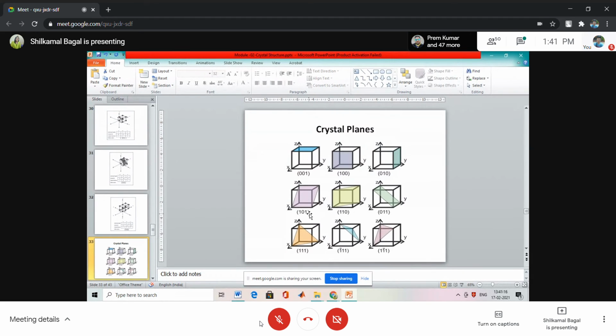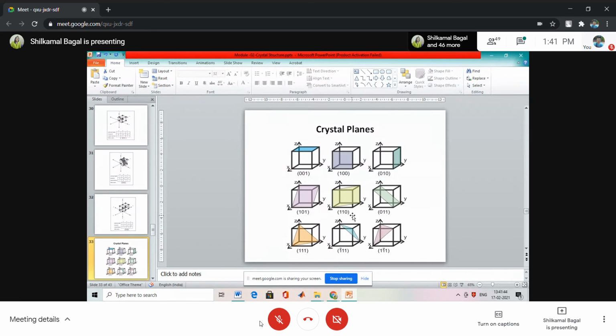Then mark c, or z, at 1 unit. Then join these 2 points. Okay, I joined these two. Then from here go in a direction parallel to y, we will come up to here. We'll stop here. Unit cell is over. Again from the top corner, draw parallel to y. We have come up to here. Unit cell is finished. So stop here. Then join these 2 points again and show it by shading. So this is plane 1, 0, 1.